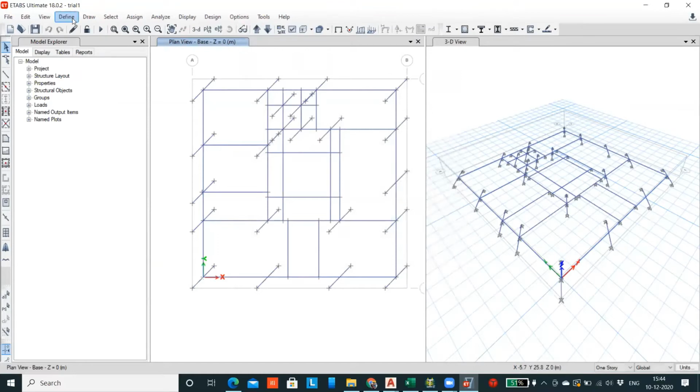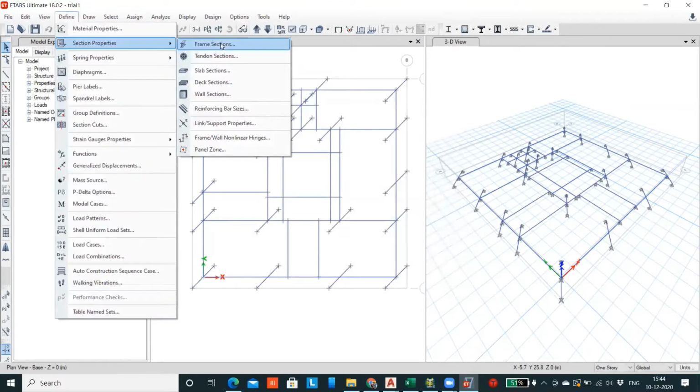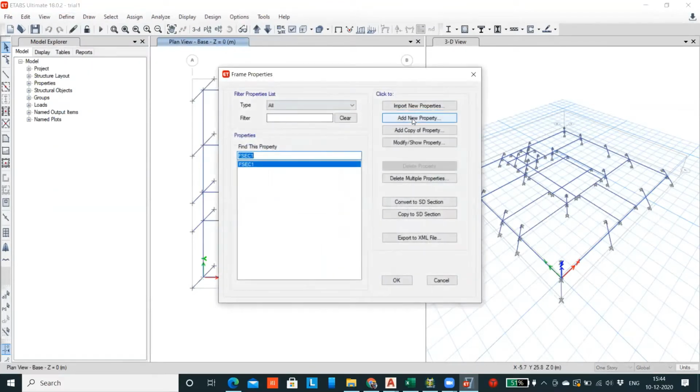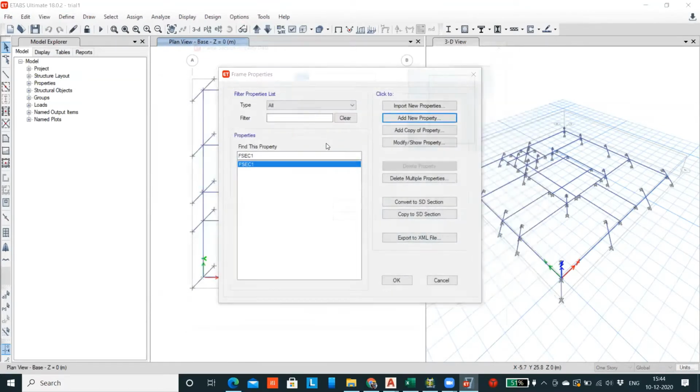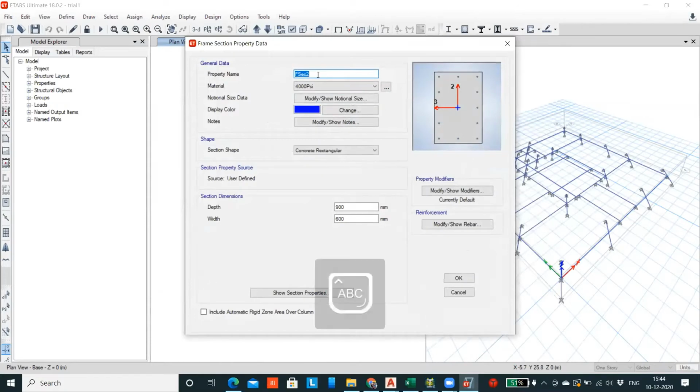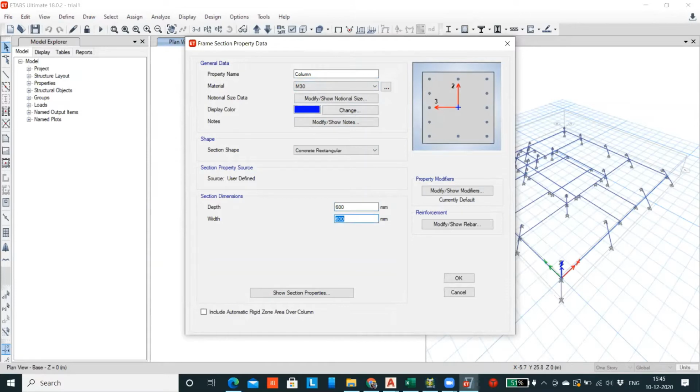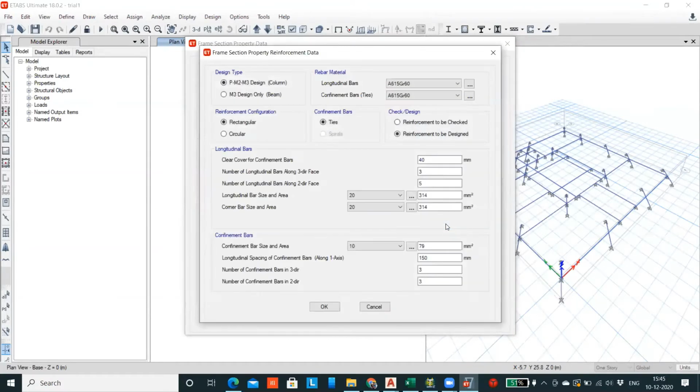Close it. And then I'm going to create the section properties, that is, click on Add New Property and concrete. I'm going to create a column section. I'm going to select the material as M30, which is the material that I have created. And here the depth I'm going to give as 600, and the thickness as 300 mm. For the reinforcement details, select this.